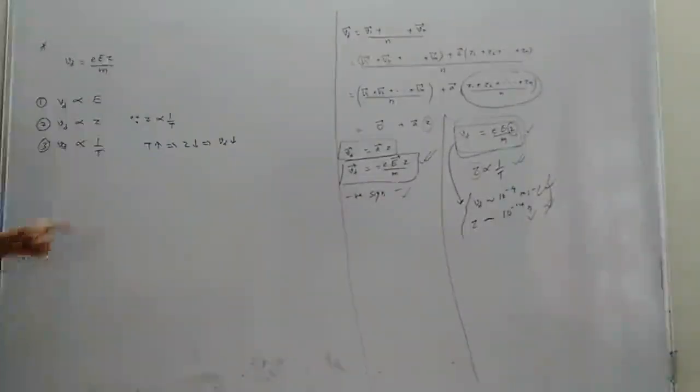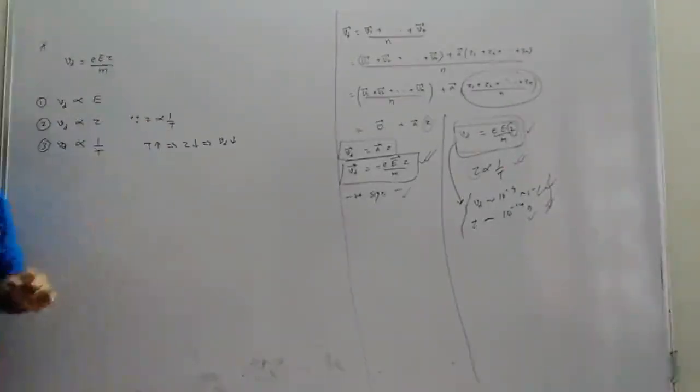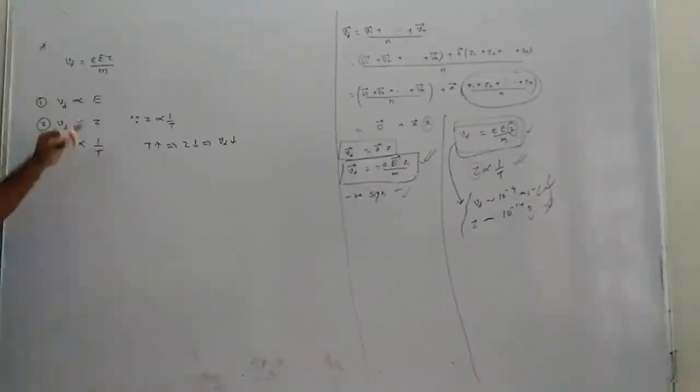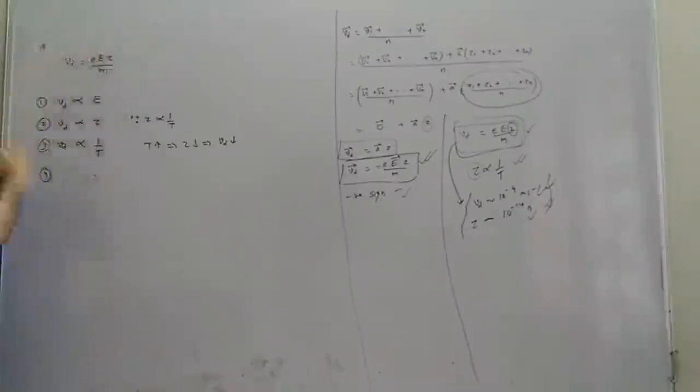Okay, so this is the actual relation you need to understand. Don't memorize it directly. From the expression we can see drift velocity is proportional to tau. And from here we know tau is inversely proportional to temperature. If I increase the temperature, relaxation time will decrease. If relaxation time decreases, drift velocity will also decrease. Okay. The next factor we cannot see in the expression.